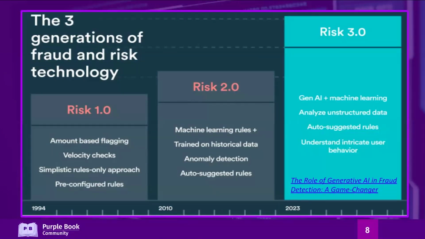Then from the early 2000s up until probably GenAI, this is risk 2.0, as defined by the article, when we have machine learning models, but think about it as 2D. You still have the predictions, you still have anomaly detection, you still have auto-suggestion rules. But again, this is 2D. And then with the application of GenAI, which the author classifies as a game changer, we have the 3D models, the pattern discovery, and basically looking for stuff that we don't know previously, patterns that we hadn't seen before. That's really the challenge. So, very nice slide, very nice article. You tell me what is wrong with this slide.